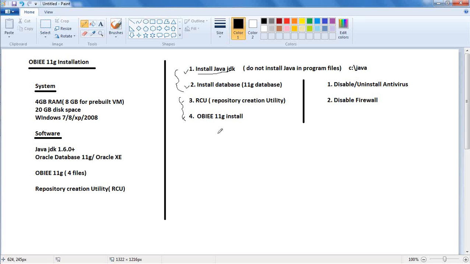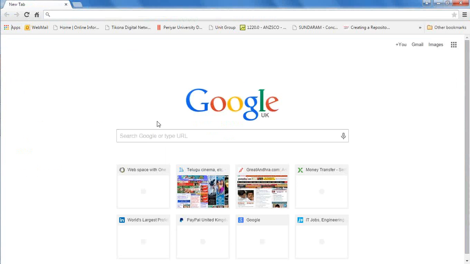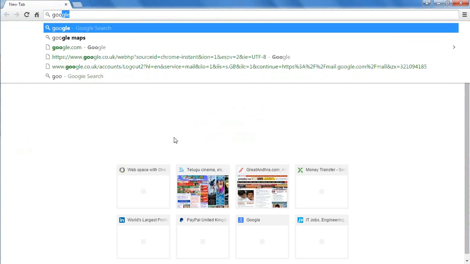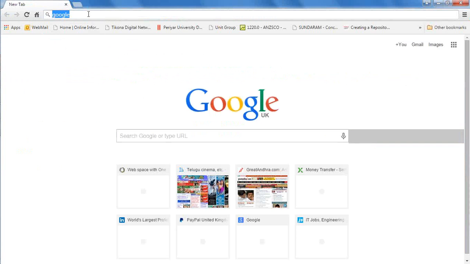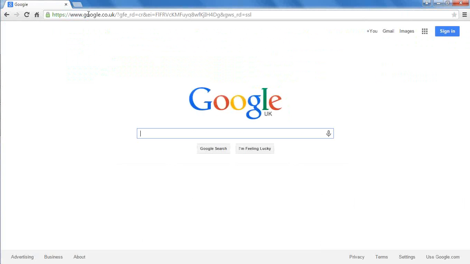The reason is, when you're installing, sometimes you take it for granted, and you keep clicking next, and you keep doing the things. And you'll realize at some point of time you missed one step, which may be a problem at a later point of time. So let's go and download the OBIEE 11G,